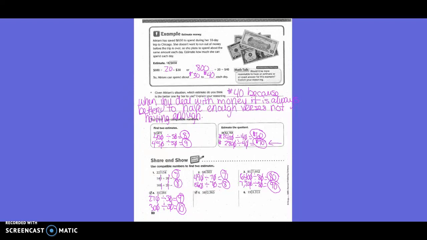Okay, next one. What would I round 58 to? 60. So 2,365. What is the multiple of 6 that gets me closest to 23 without going over? 18. So I have 1,800. And then what's my